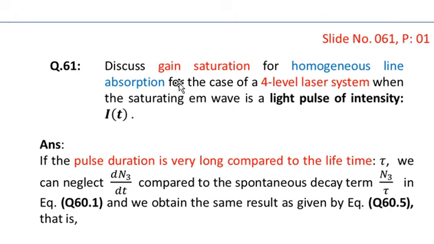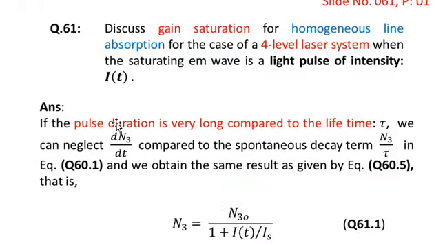Question: discuss gain saturation for homogeneous line absorption for the case of a 4-level laser system when the saturating electromagnetic wave is a light pulse of intensity I as a function of time. The answer is,